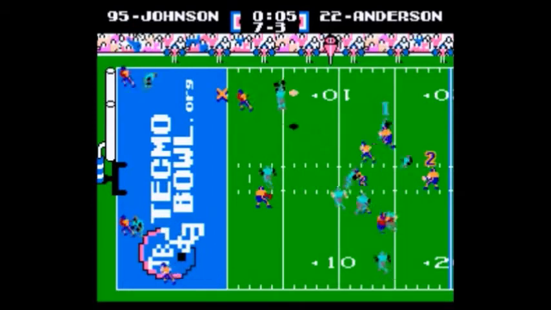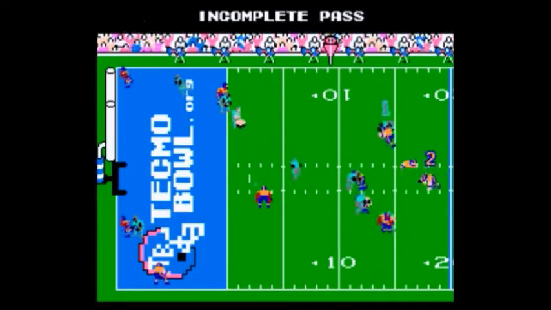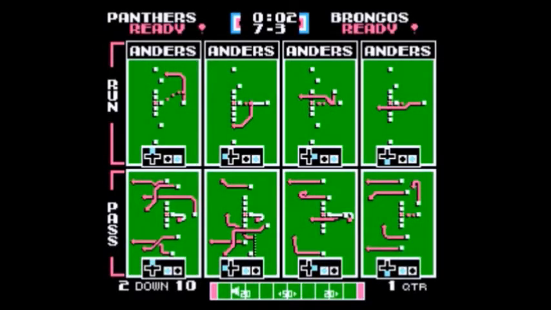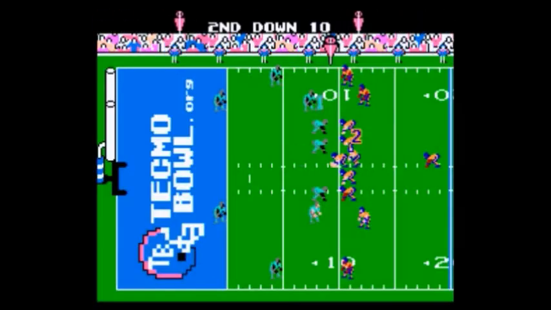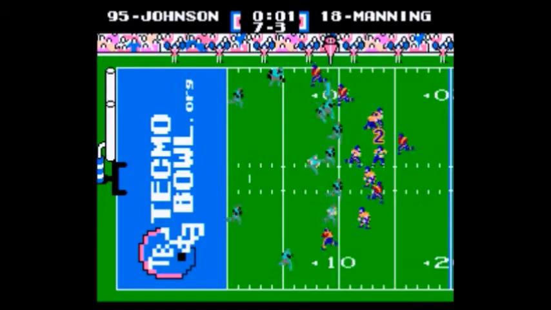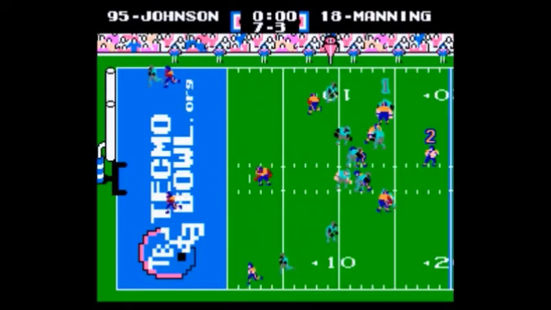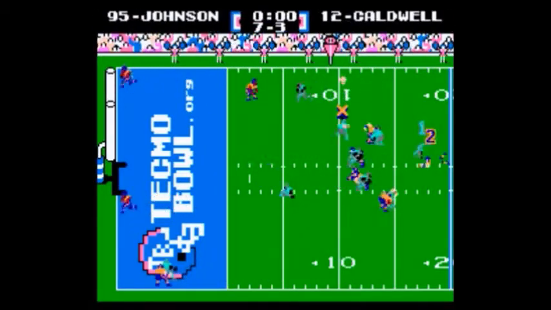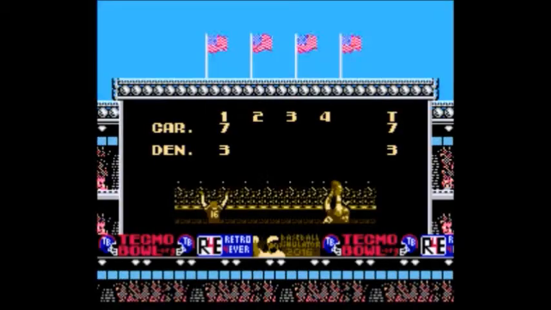Manning's back to pass. He's got some time. He's going to C.J. Anderson. Oh, and just off the fingertips of a Carolina defenseman. And we have 2 seconds left here in the first quarter, and Manning under center. What a critical interception that could have been, Bob. But as it is, that one was also blocked and knocked down, incomplete.